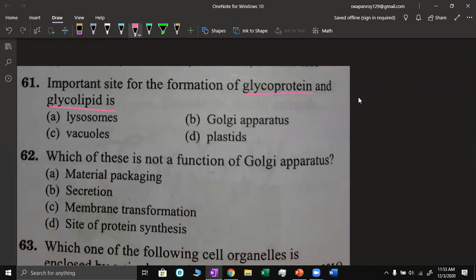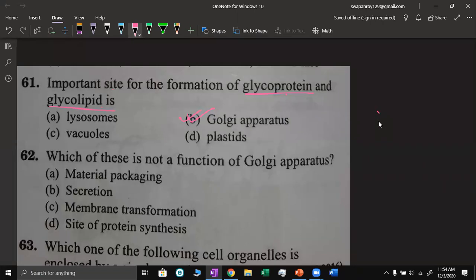Hello, anyone? Golgi apparatus. Yes. No, that is okay. Golgi apparatus is the answer. That's true, but it is what? Glycoprotein and glycolipid. What is that? Glycolipid